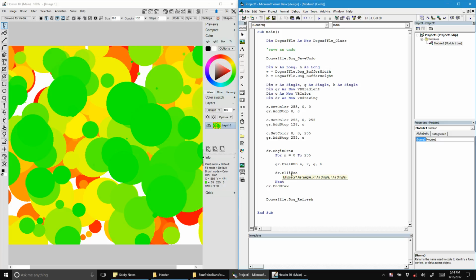Give it a placement, which will be width times, so let's make it RND times width, comma, RND times height. Those are random values between width and height. And give it a radius of RND times, say 100. And that's almost it. All we have to do now is tell this drawing object a few things like dr